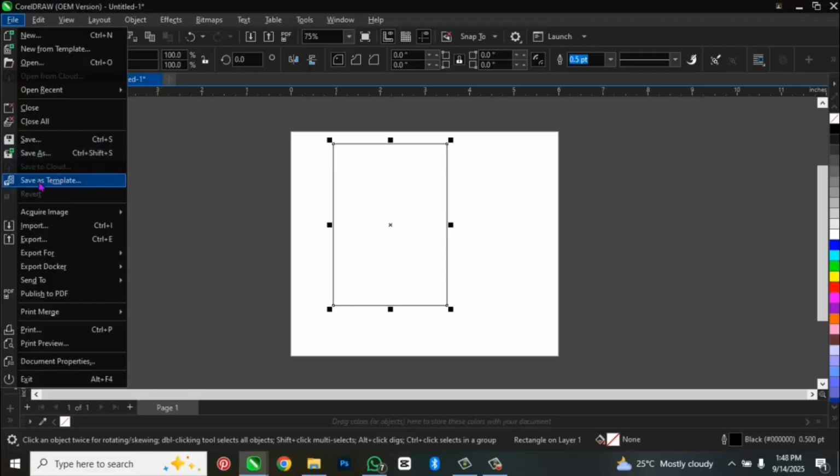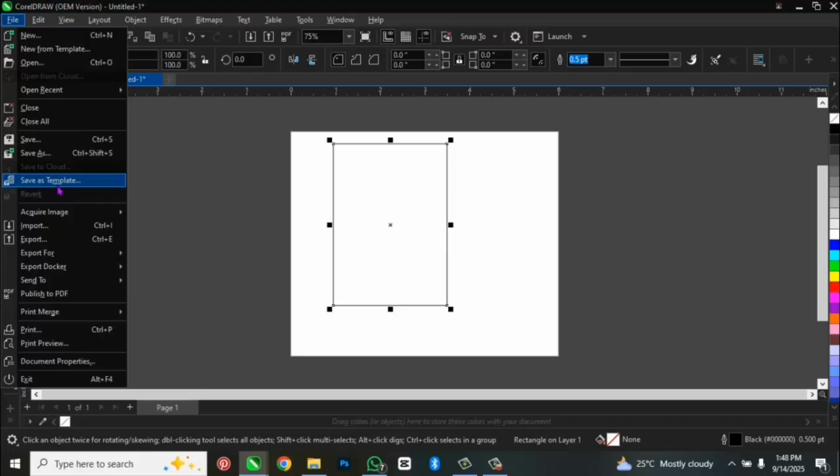Then we have save as template. I jumped this one because not all of this you are going to use in CorelDRAW. Yes, you never use everything. So you see this one, save as template. I know most tutorials you have been watching, they have described it like save as template, you don't need it, this and that. So this one, I know you don't need it, but if you have a website or you have a site or you have an app that you can import all these to,